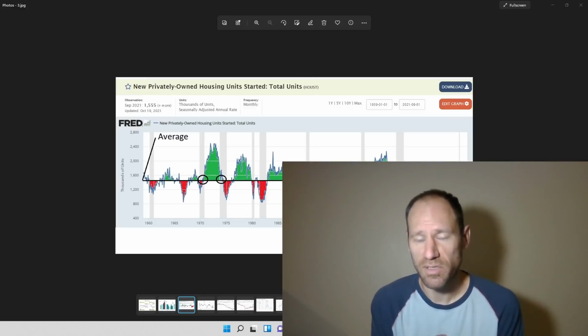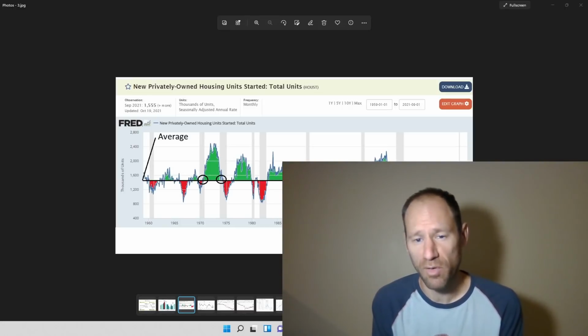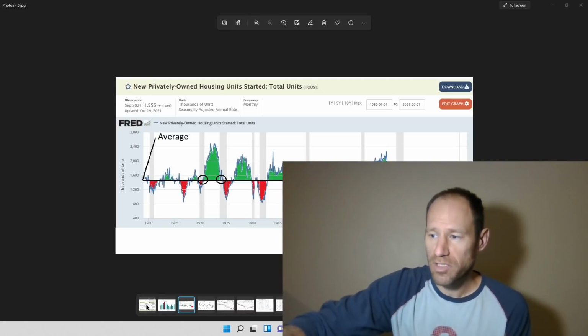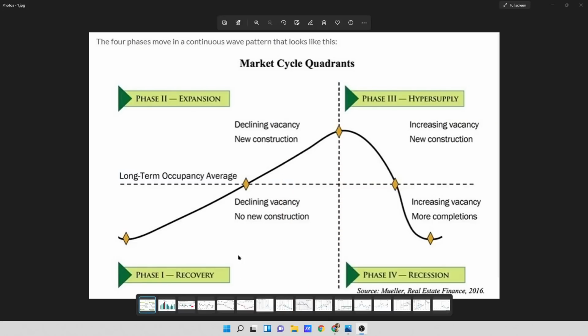It depends what's in cycle, but I would be looking at technology stocks and investing in technology, maybe some regular kind of stocks like Chipotle or something like that as well after that crash. So if I were to go back to the real estate cycle, this is the recovery phase. I like tech stocks because it's a low inflation, low interest rate environment in this area. Right now, we're transitioning into an expansionary phase, and it's still good because interest rates haven't really gone up much. So money is still flowing into those investments.